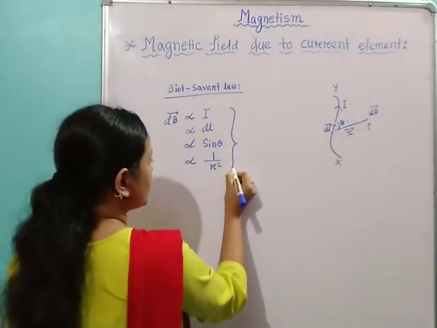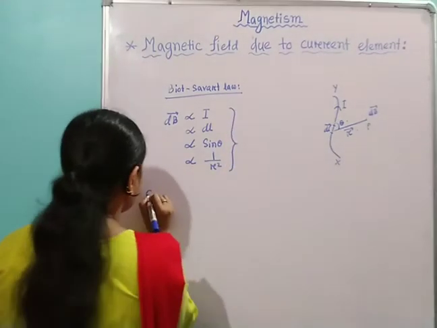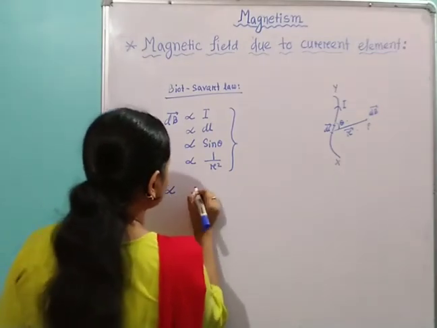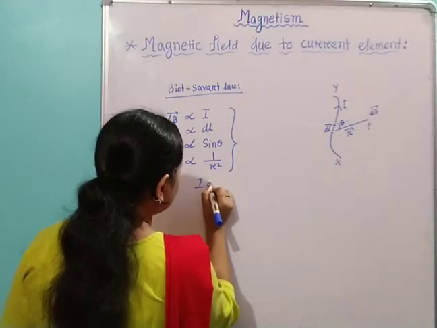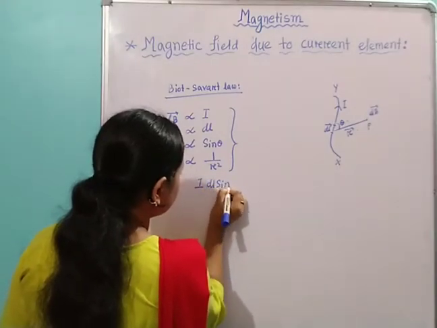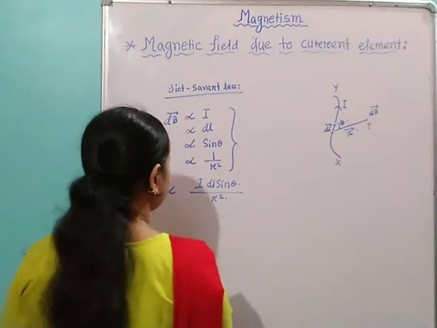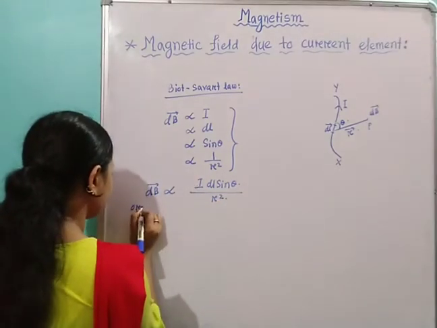Combining all these factors, we can write dB is directly proportional to I dl sin theta by r square,